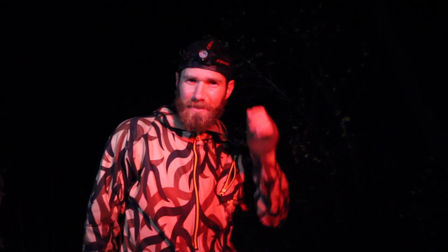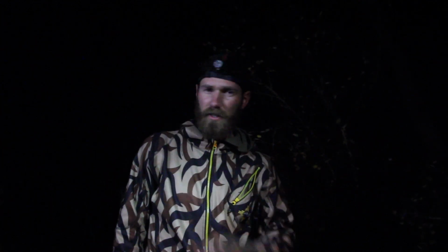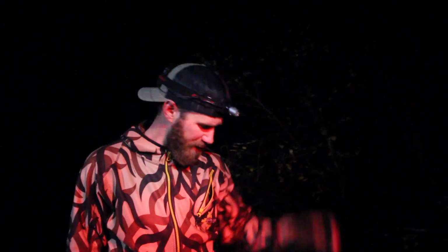Alright, it's been about an hour and 45 minutes. Got the whole crew with us. We all took our stuff out of the trees, came back in here. Got the area right here. It was 20 yards from the tree. I hadn't looked at the area yet, but it blew right through him. He ran up on this little flat, maybe 40 yards up there, and I'm pretty sure he's down there, but